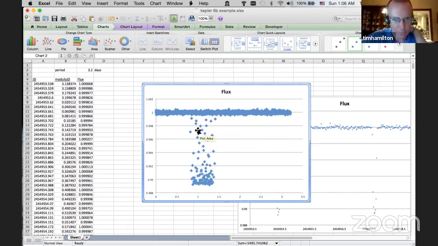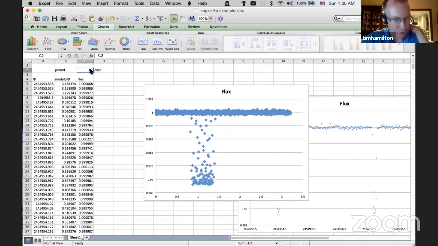But look what's happening here. We should have a nice smooth curve coming down and coming back up. But look what we have here. We've got these interesting little cross patterns going on. What's happening is that we told it the period was precisely 3.2 days. And the observations are precisely every 30 minutes. And we're getting beats between these. We've got a different period for the observations, and we're getting a multiple of that as we go through.